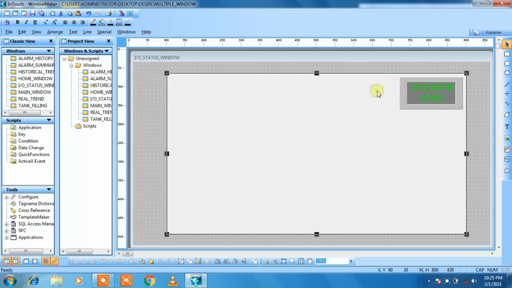Now let me give the name IO status. So go to the text and give the name as IO status. Let us increase the font size so that it will look better. Let us arrange it properly.